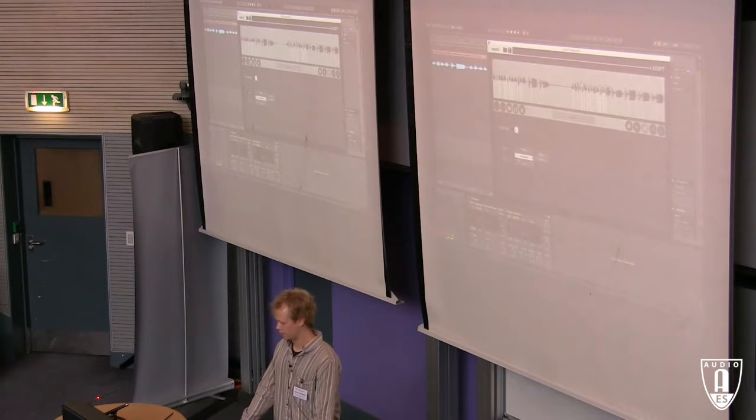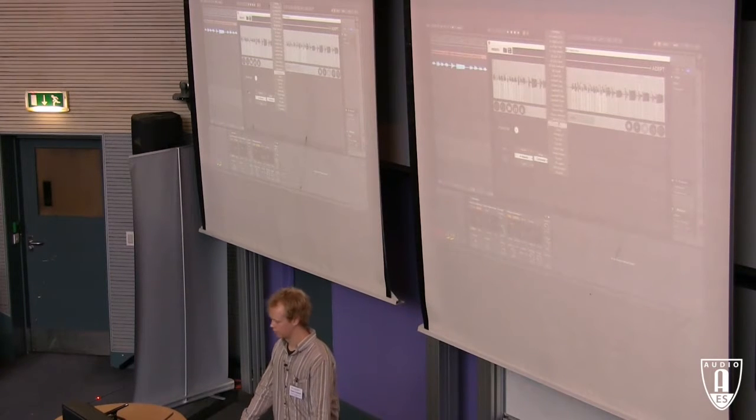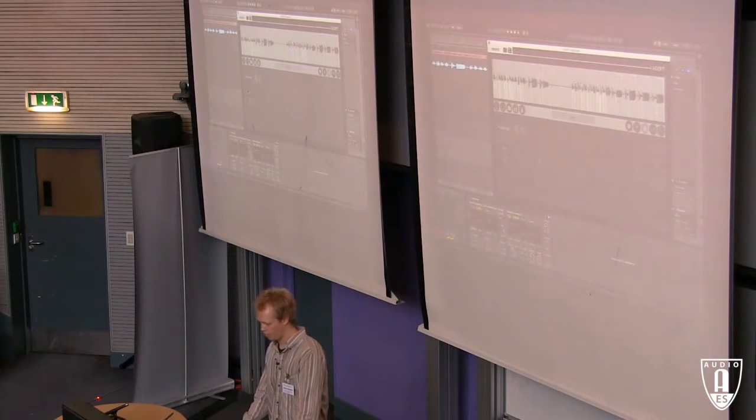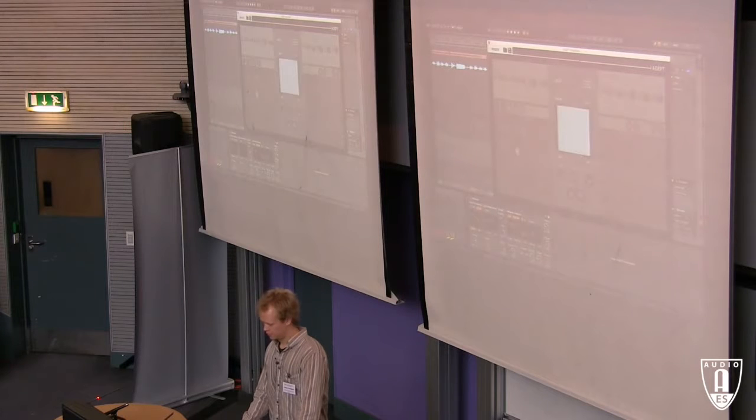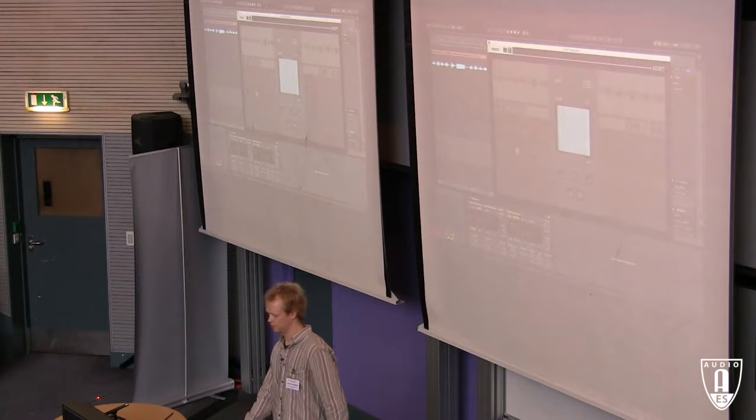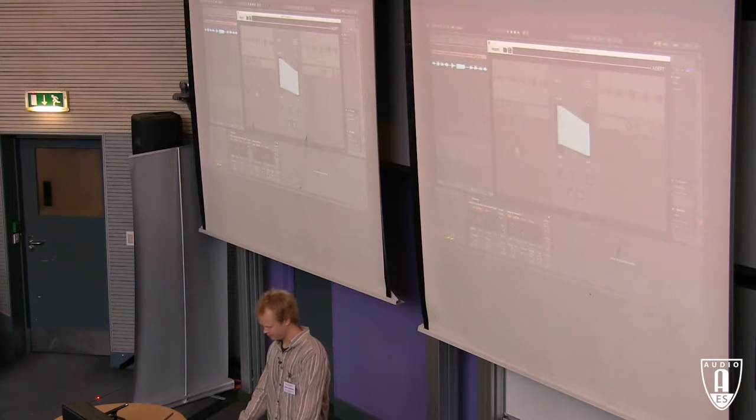So here we can see all the different plugins in the session and their various parameters. We're going to use the decay time on the reverb. Now in the mapping interface, it's tried to go for some familiar controls. It's basically 2 sliders and a couple buttons and knobs. But this allows you to select the